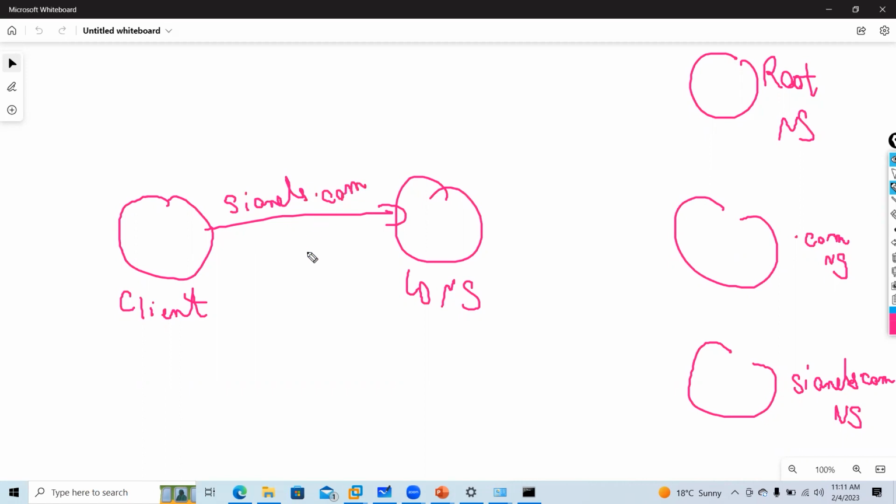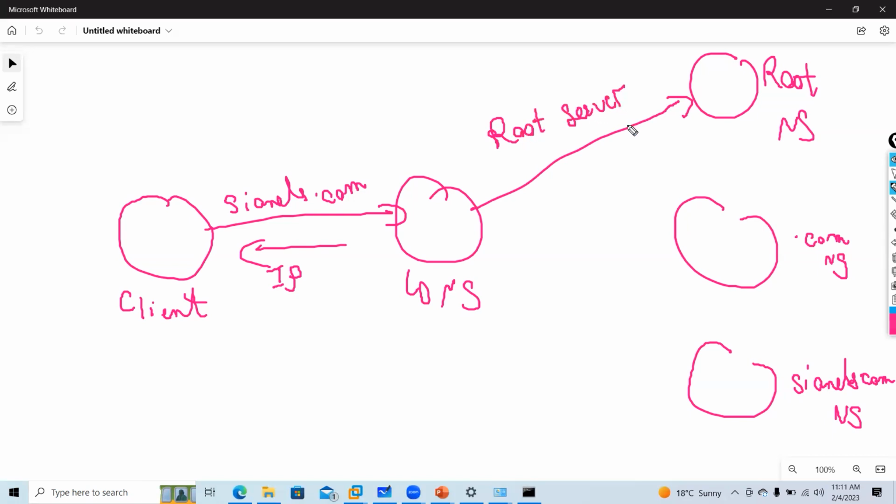I am accessing cnets.com. I need an IP address. LDNS says, sorry, I don't have that, but I will give a reference of the root name server. So LDNS will send the same query to the root server.